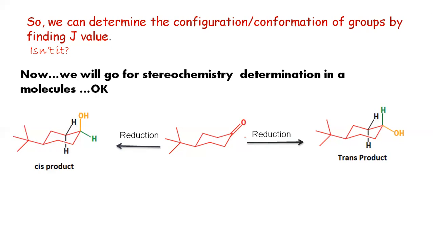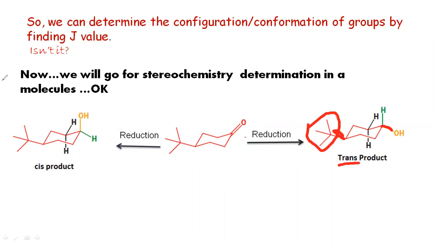Now see, one product, the right side one, you say it is trans. In which sense is it trans? By the relation of this bulky group, this bulky group is pointing upward like this, and this is pointing downward. Two equatorial positions, they are like this upward, and here it is downward. Therefore, it is a trans product.